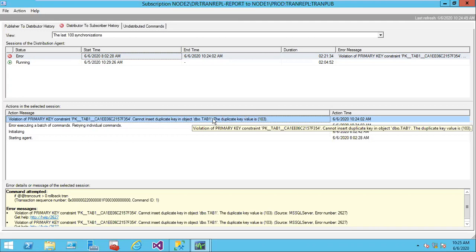Table is tab 1 and value is 1 or 3. So when you see this kind of error message, we have to go to the subscriber and verify whether the 1 or 3 record exists at the subscriber. If the 1 or 3 record exists at the subscriber, we have to tell the application team that somebody already